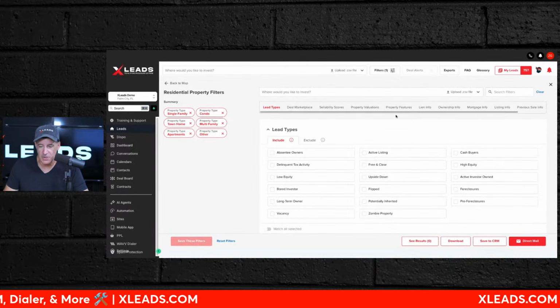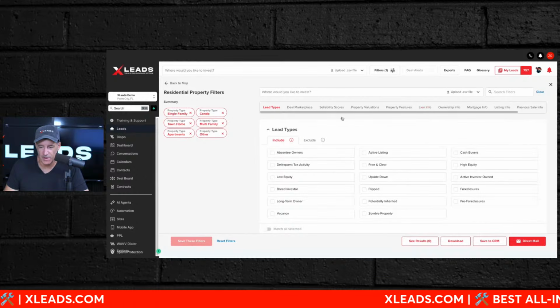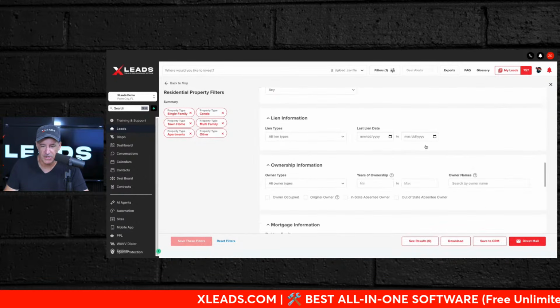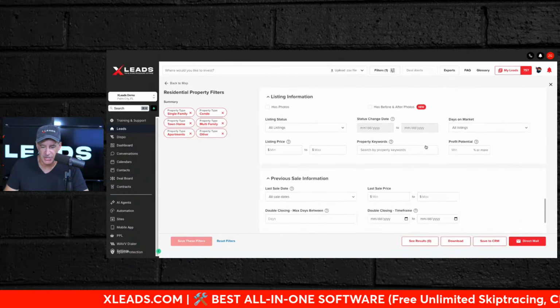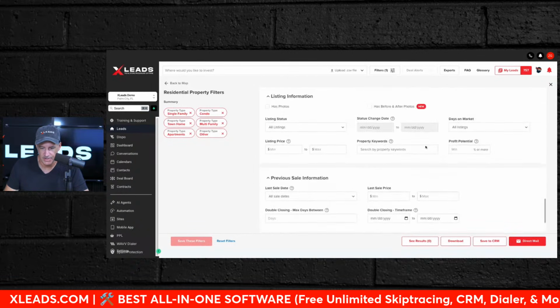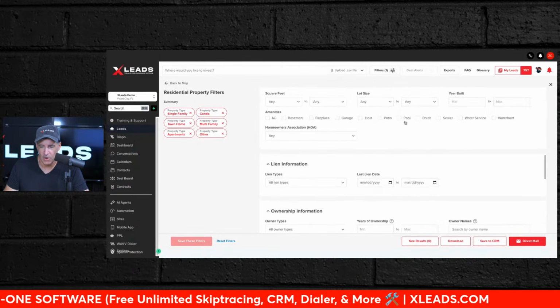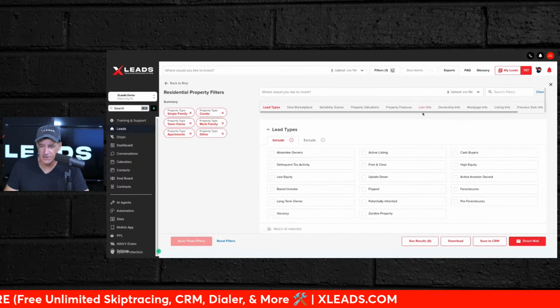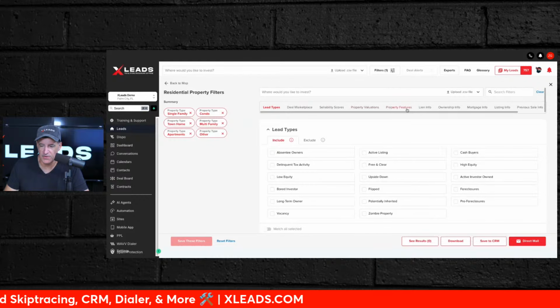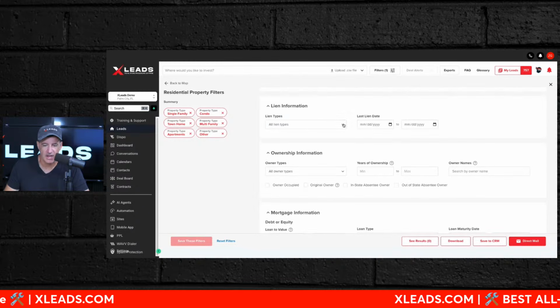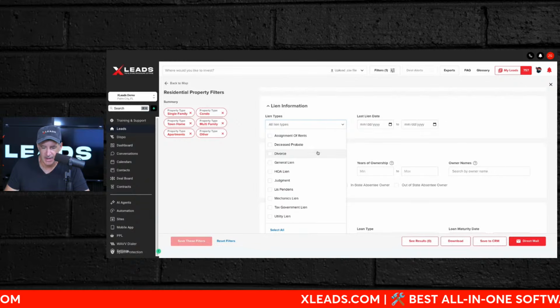So what you want to do is find the lien info. You've got 2 ways you can do it. You can click this button and it'll pull it up, or you can scroll down to the lien info information, which is right about, where is it? Right there. Or what I like to do, I click lien info. Here's all your filter categories. Click lien info, it pulls it up automatically. Click lien types, and you are going to go down and click deceased